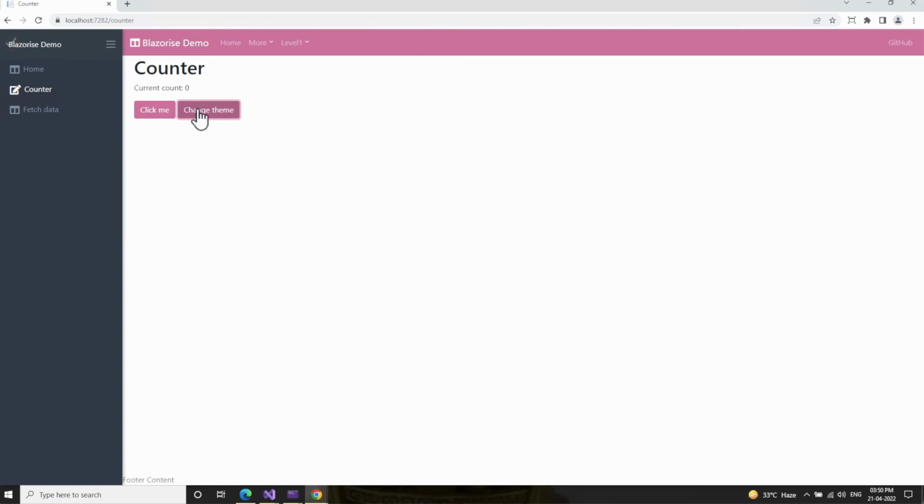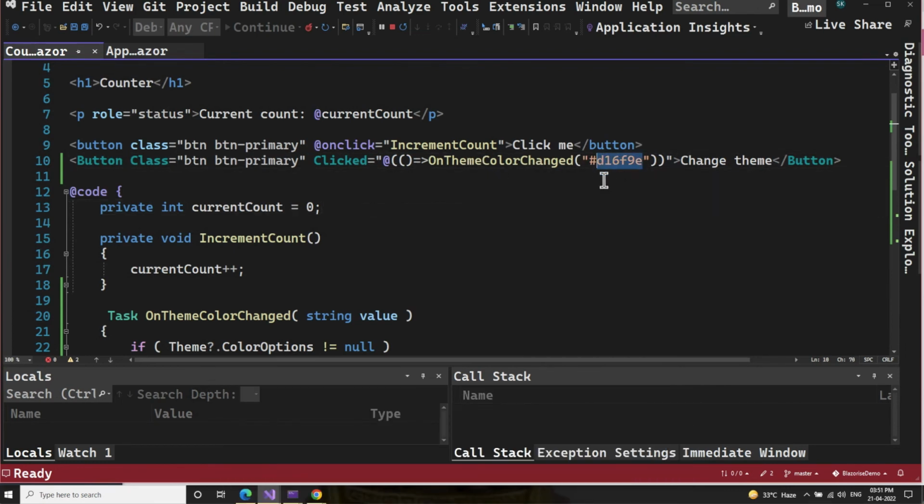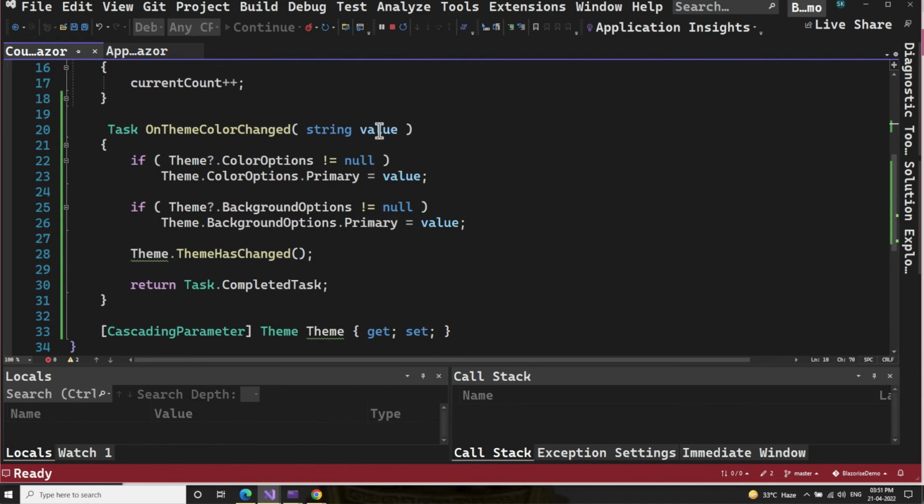the appearance will change. You can see here it's appearing like the old button, the previous click me button. So both of these are coming like this, and here what we are doing is changing the theme to this primary color. Based on that, you can see that if the theme color option is not equal to null, it is setting the primary as the value, and if the theme background option is not equal to null, it's setting the background color option also to this value. So we are changing all these values, and after that we are updating with this theme has changed method,